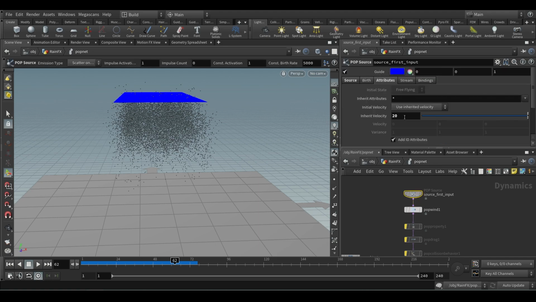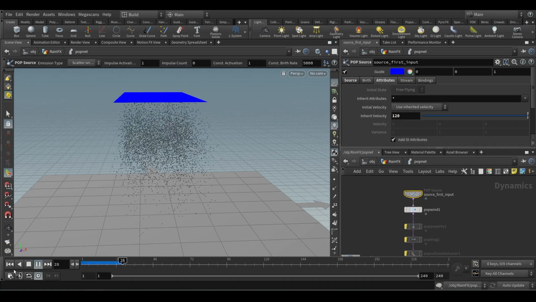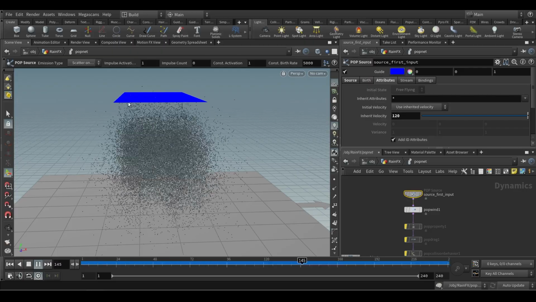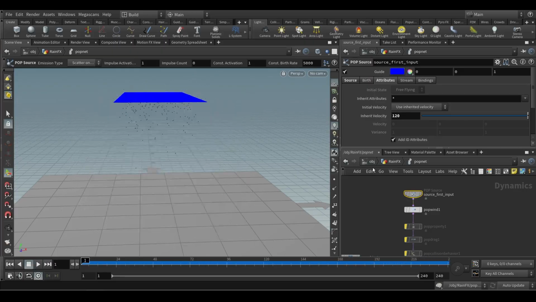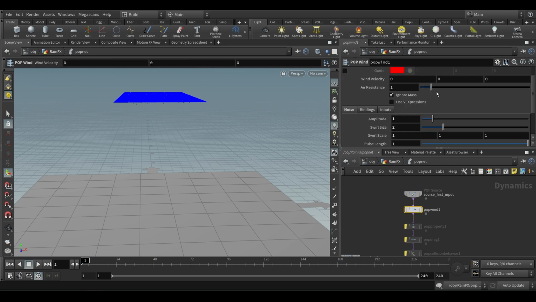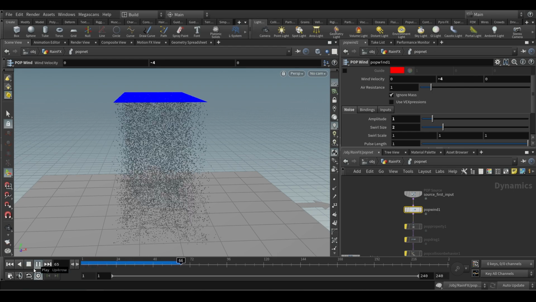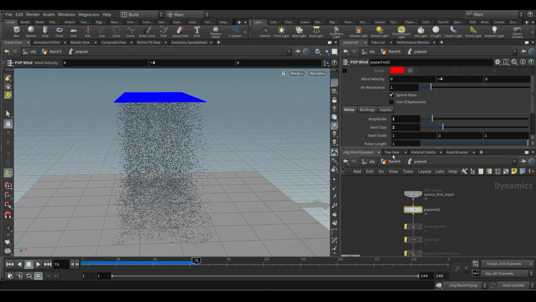Of course you can go here and give a big value, and that is one good fix, but it's still affecting the initial point, and then the wind is taking care of it. So keep the inherit velocity 10, and in the wind, if we give a force downwards, then it will fix. So now you have that. That's the only thing I did in the wind.